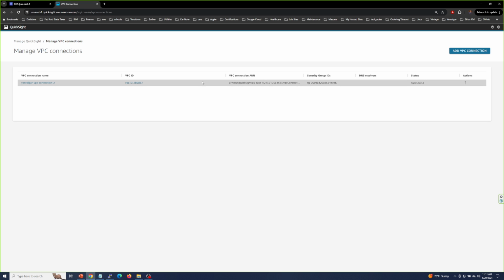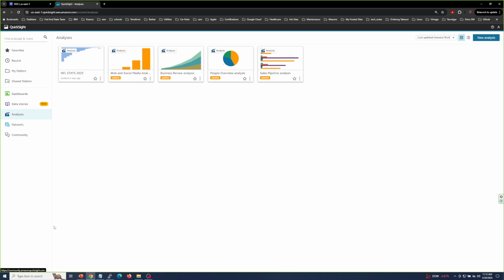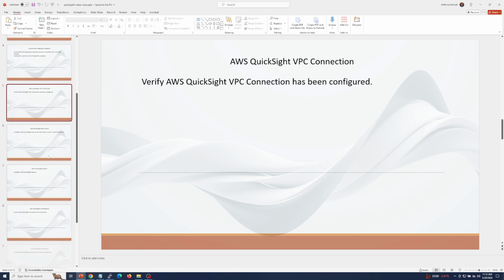and I have a VPC connection currently already configured. This is the configuration dialog box to set that VPC connection. So you'll need to provide a VPC connection name, select your VPC ID, execution role, subnets that are associated to the RDS or data source in your AWS account, and security group associated to the database. Now that I have verified that my VPC connection is present and configured,